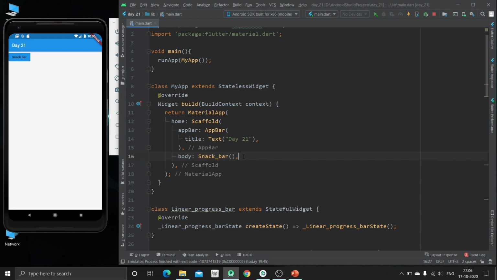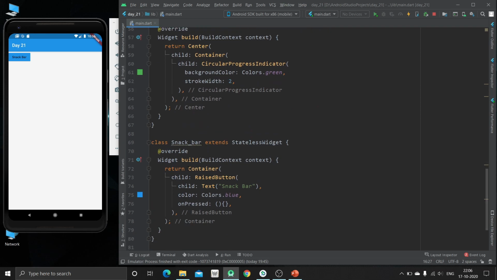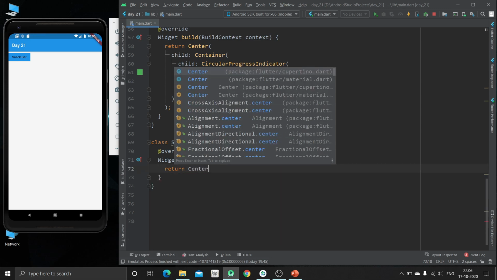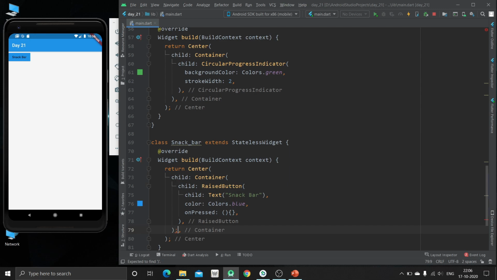as we have already specified the on press property. Now we are just going to make it center, so just wrap it inside center widget. So just use the center widget, and we have to create the child for that. First just specify the semicolon, after that just paste it.